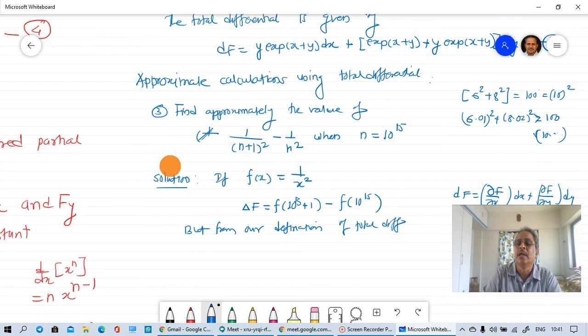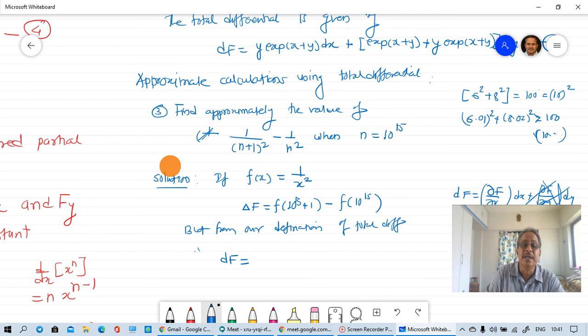Remember, I am having only one function. F is a function of small x only, so this part doesn't come, it's not there. Only this multiplied by dx will get changed here. So that is what I am using here, and therefore in this case this df can be written as